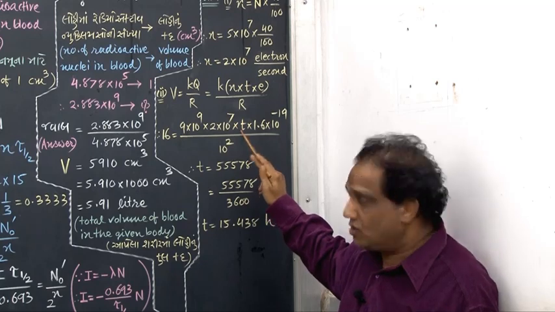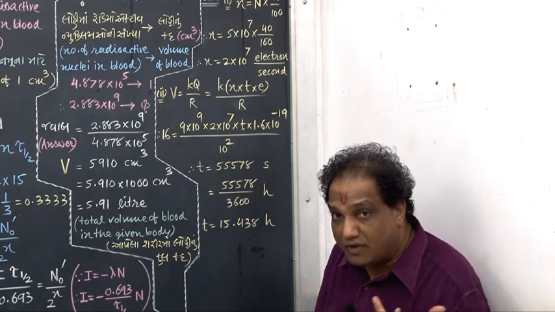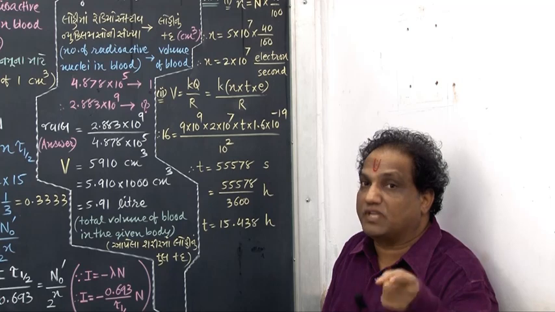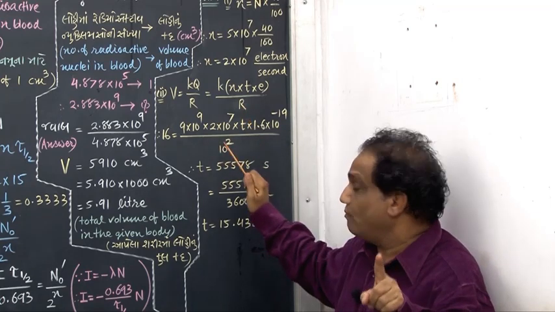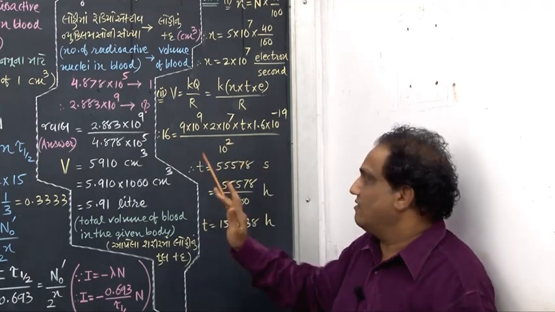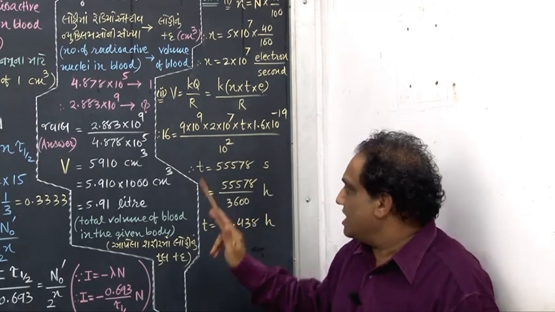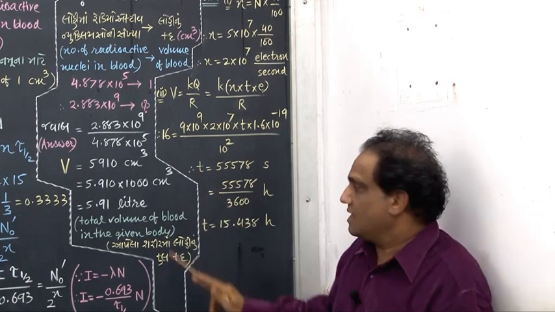We want to find out the magnitude of charge of electron, how much? 1.6 into 10 raised to minus 19 Coulomb. What about the radius of the sphere? They have given 10 raised to 2 meter. Because all the values are placed in SI units, naturally time will be obtained in second. Answer is